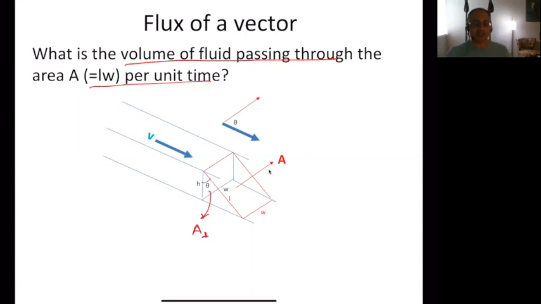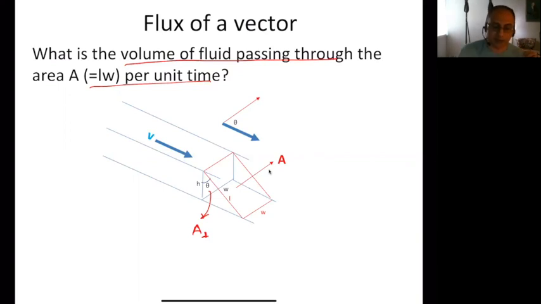So I've drawn this cross section. A perpendicular is a cross section of the tube that I've drawn over here. And so you can see that the same volume of fluid that's crossing the red surface must also cross A perpendicular. Why? Because